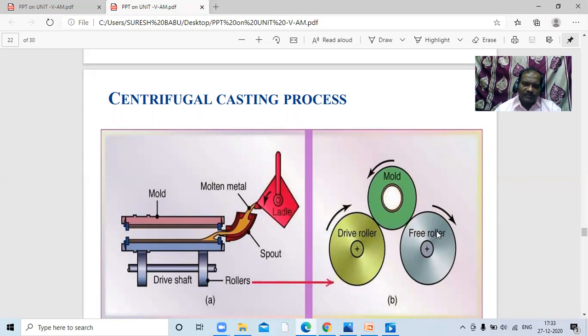This is called a free roller, which supports this mold. The driver roller drives the mold, and the mold drives the roller. Due to this driver roller, the mold may shift its position. That's why we are going for this free roller. Here we have kept this free roller. So that is the thing which we can understand.